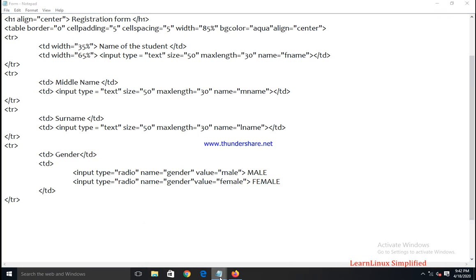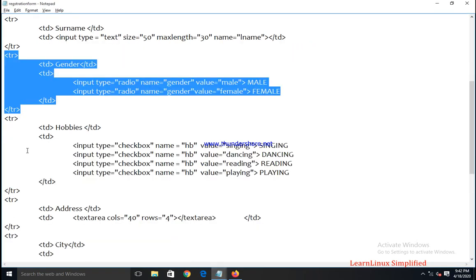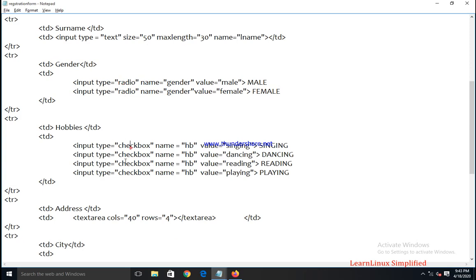Now next is the checkbox. See, radio button and checkbox are both group elements. Group element means they always come in a group, that is, two or more elements will be there. And all the group elements will acquire the same name. So here for hobbies I have created a checkbox with the name HB.